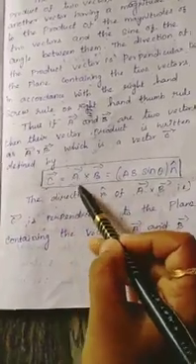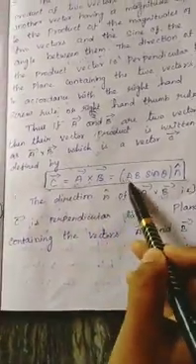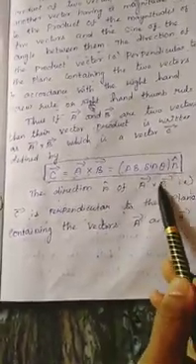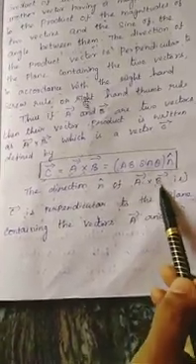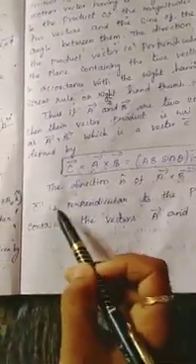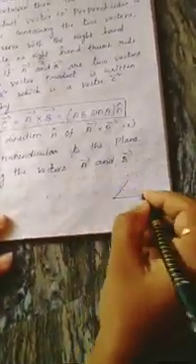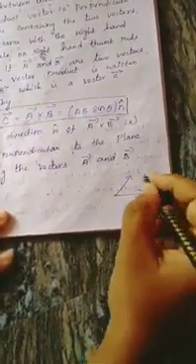So C vector is equal to A vector cross B vector is equal to AB sine theta n cap. AB is the magnitude, and n cap is the direction of A vector cross B vector. And C vector is perpendicular to the plane containing the vectors A and B. For example, this is the A and B vector. Now I am keeping this pen like this. The pen is another vector, so the C vector is perpendicular to the plane of A vector and B vector. So this is the concept.